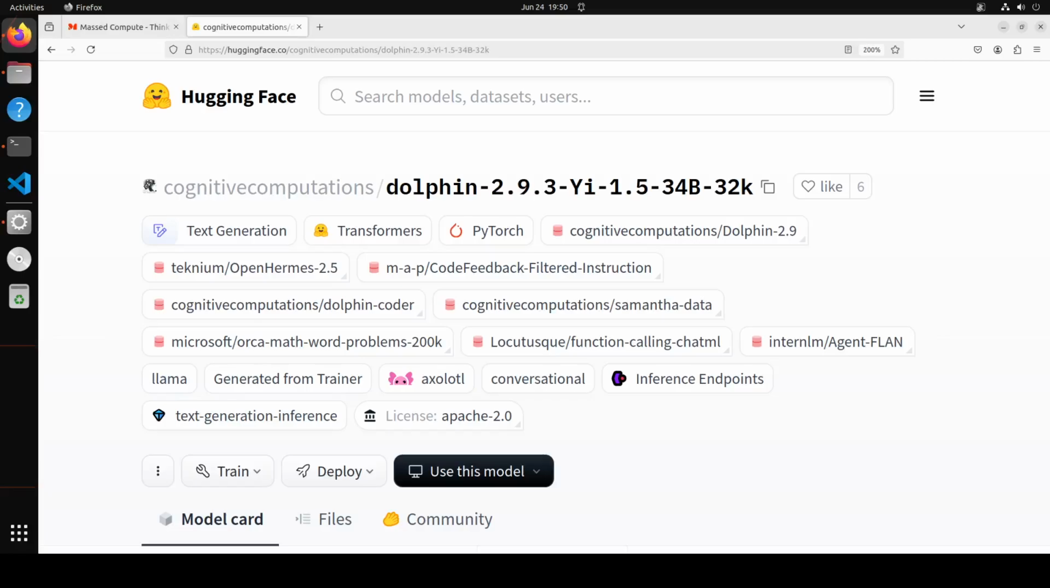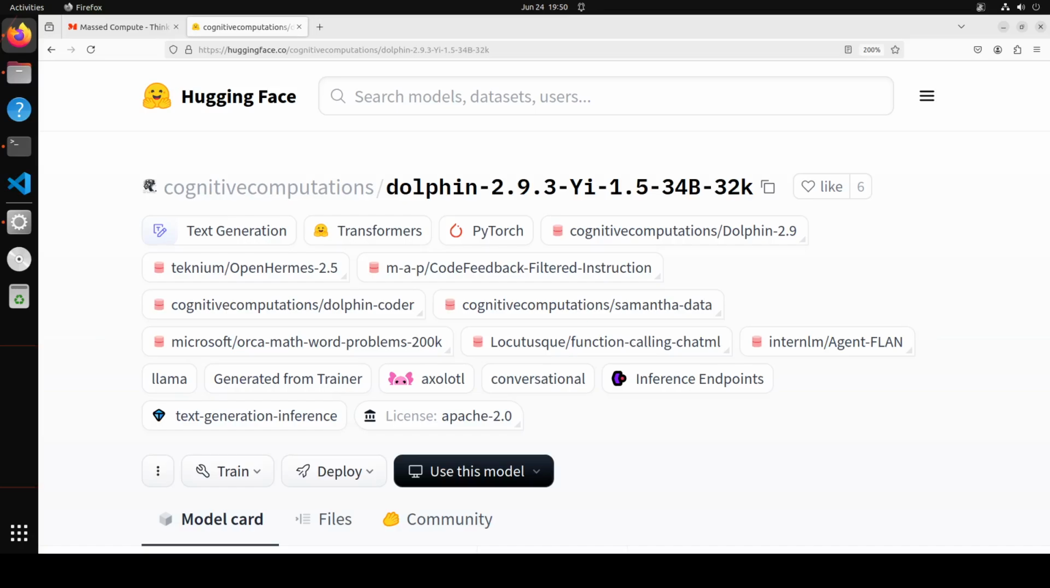Eric Hartford has released yet another version of Dolphin, and this time it is Dolphin 2.9.3, which is based on Yi, and not only a simple Yi, but Yi 1.5 34 billion 32K, and is governed by the Apache 2 license, which is an amazing bit. The base model has 32K context, and the fine tuning which has resulted in this Dolphin 2.9.3 model took place